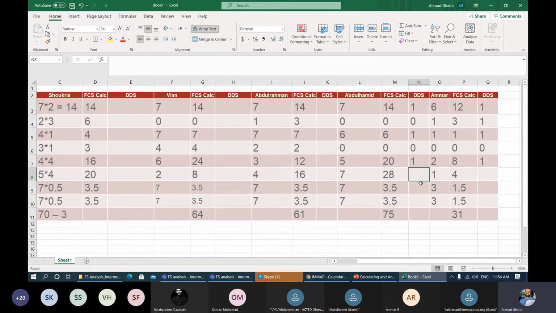Okay, then for dairy. We've got 1 and 1 for both, even though, again, every day of the week Abdul Hamid had dairy, and 1 day of the week Amar had dairy, but both of them get a 1. And then for oils and fats and sugars, I think you guys know, so they both will get 1 for each one.